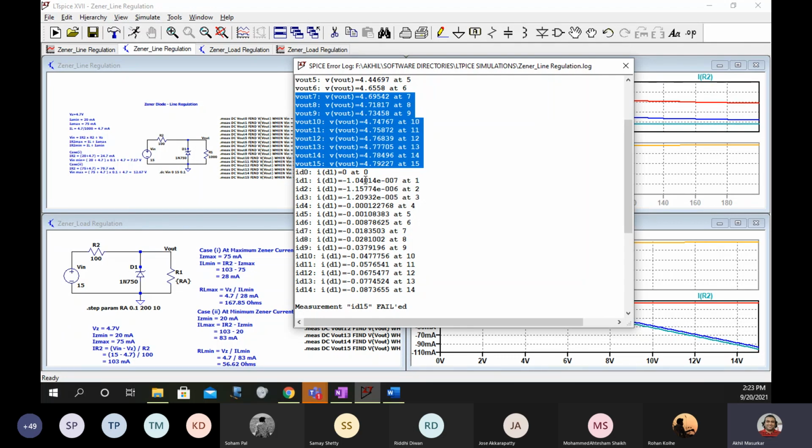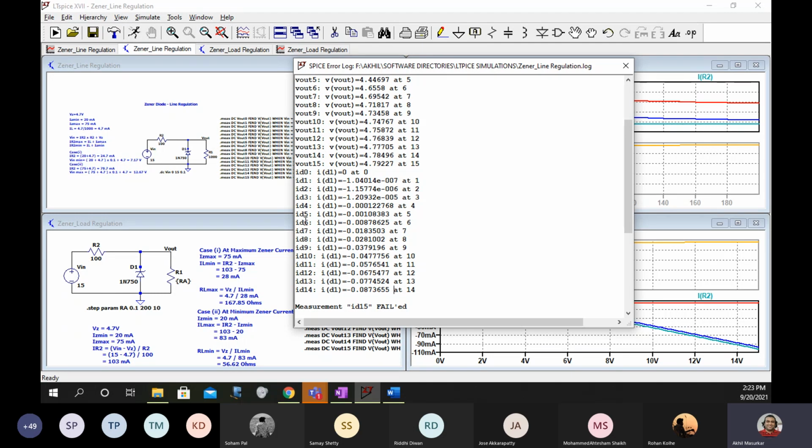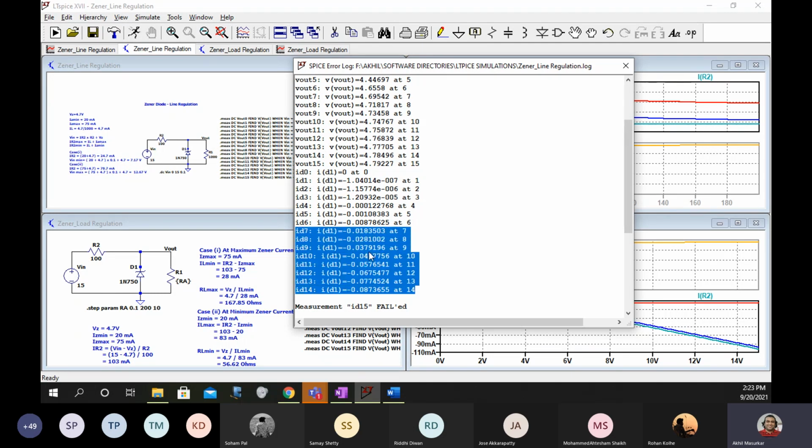Your V out is constant, but can you see the currents at these values of V in are increasing? Here it is 18 milliamperes. It has got up to 87 milliamperes.